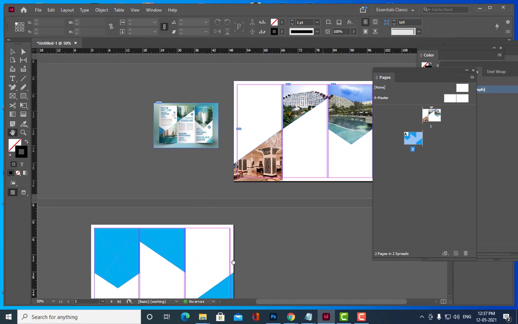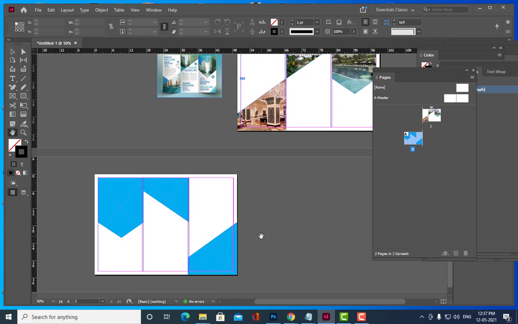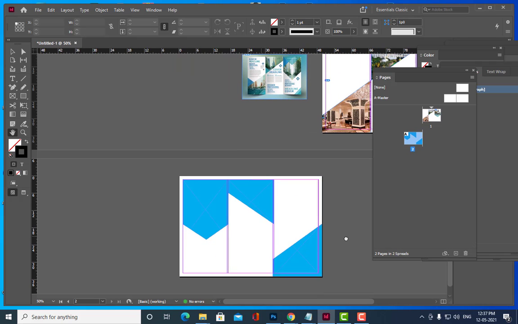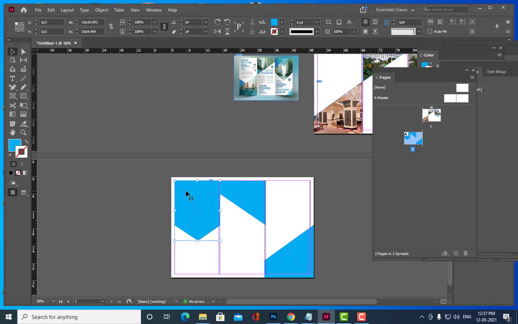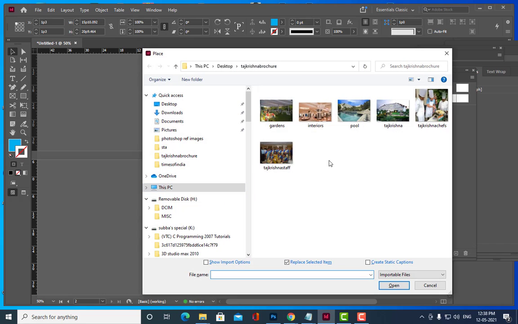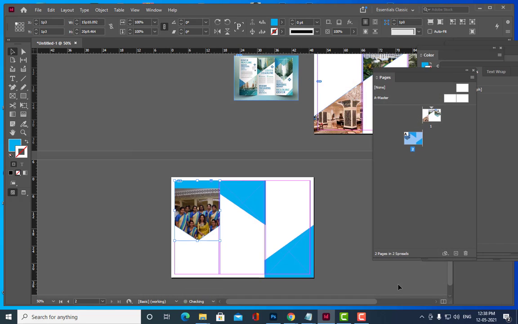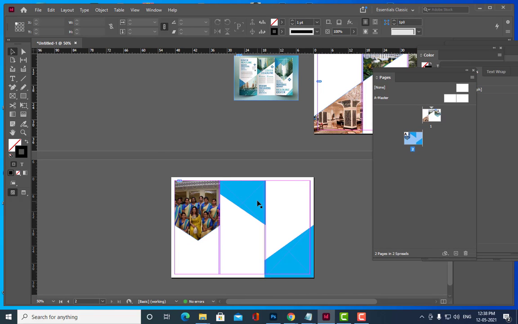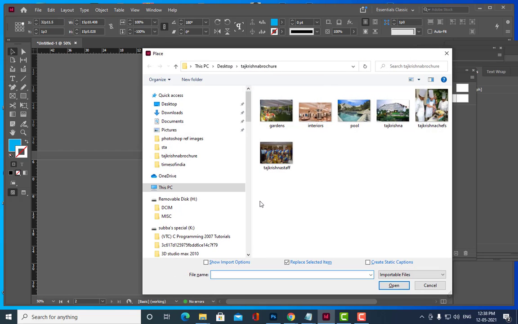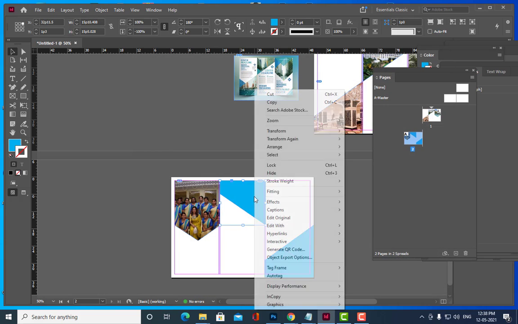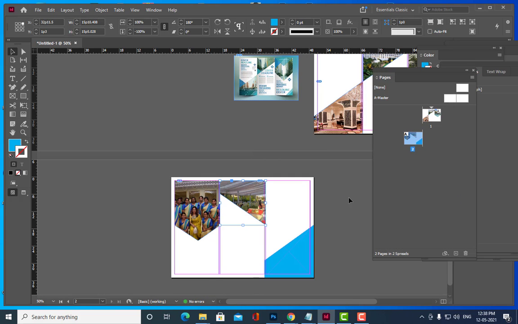So what we can do is place the images. How to place the images? Different images. First select this, Ctrl D, and we will put the staff image. Then we will say fill frame proportionally. Then we will select this, Ctrl D, then we will put the gardens. I think gardens is not so interesting.